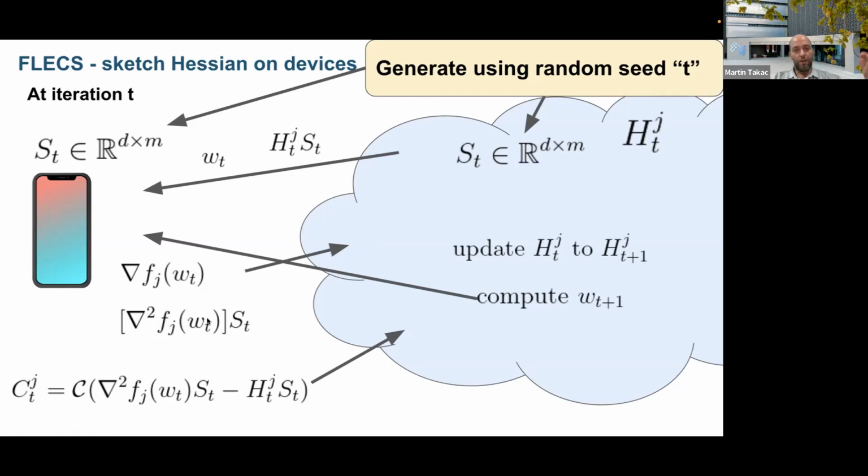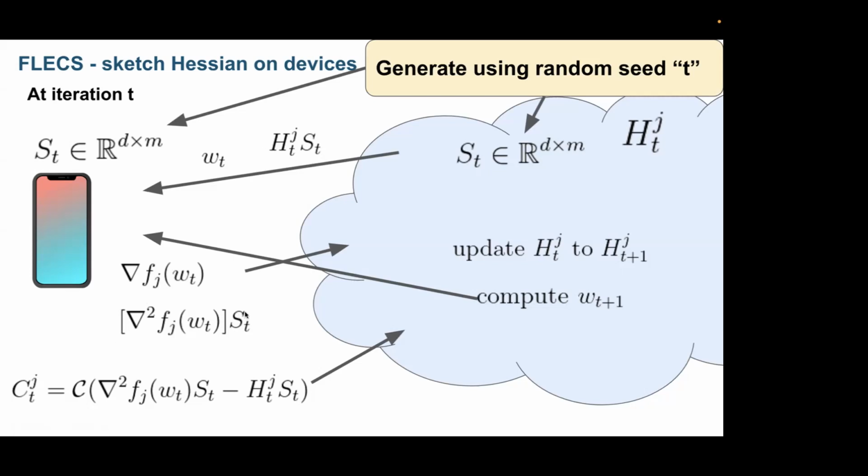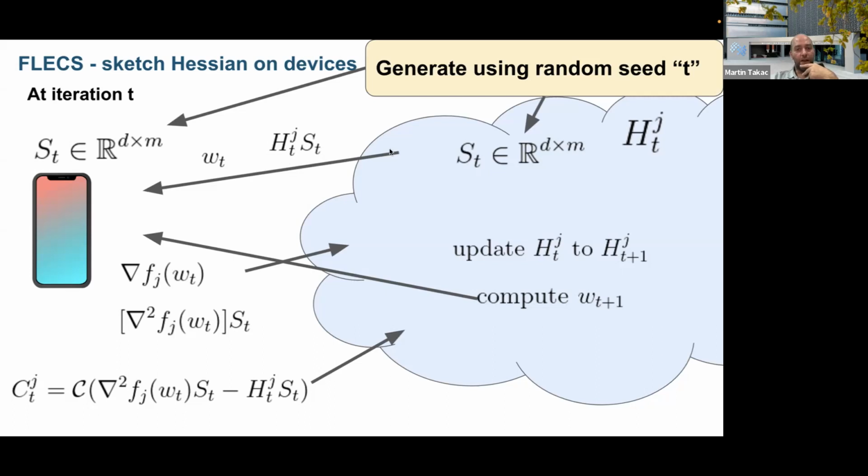One is the W, the model parameters, which by default you need to store. The second one is the message you receive from the server, which is the belief about the sketch of the Hessian stored on the server. The third thing you need to store is the gradient, which you need to store in every algorithm, right? So the only additional thing you need to store is just 2 vectors of size d. So H G^t is not stored on the client. It's obtained from the master. You receive this one from the cloud.